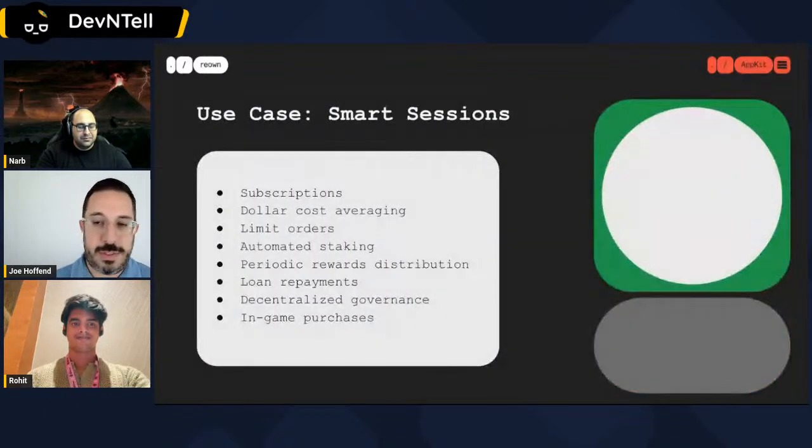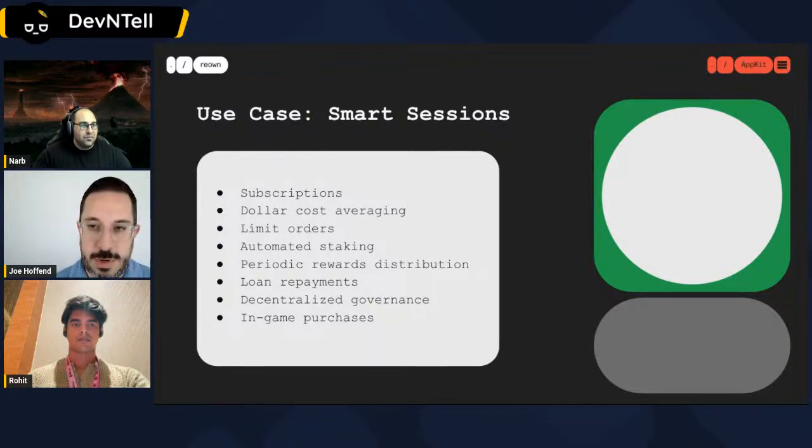And so some of the things that come to mind, subscriptions, like total no-brainer that should be possible today, but just isn't, because there's no way to accommodate this kind of asynchronous signing, as we call it, where it's just happening behind the scenes. There's a bunch of other use cases here around making sure that you repay a loan on time, so you don't miss something. Governance, staking.